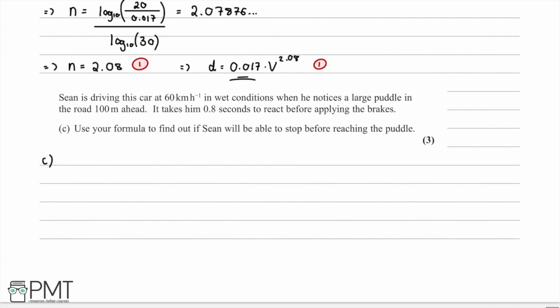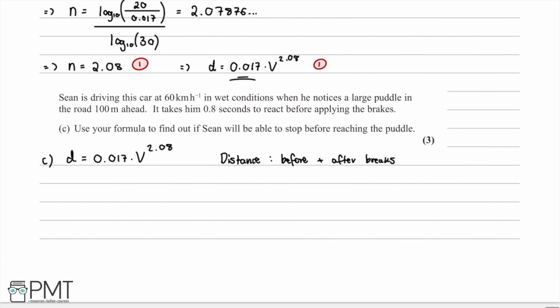the puddle. So we recall our formula from the previous question, where we have d is equal to 0.017 multiplied by v to the power of 2.08. So we know that he will be able to stop before reaching the puddle if we work out that the distance travelled is less than 100 meters. So we know that the distance will have 2 components. So the distance will be made up of the before brakes plus the after brakes